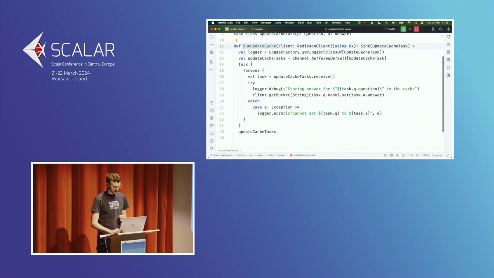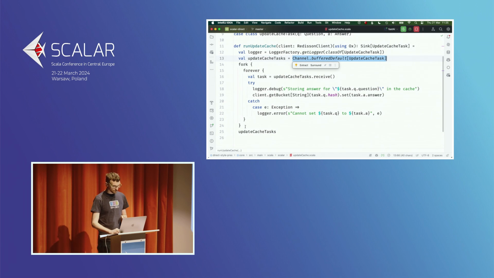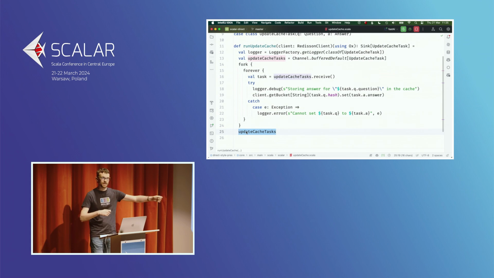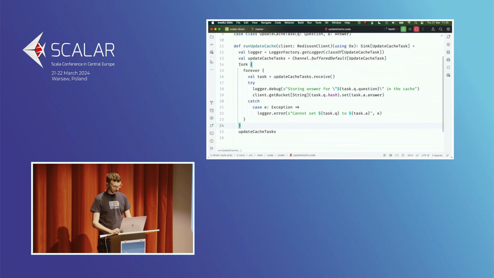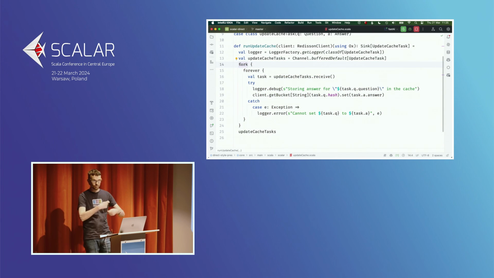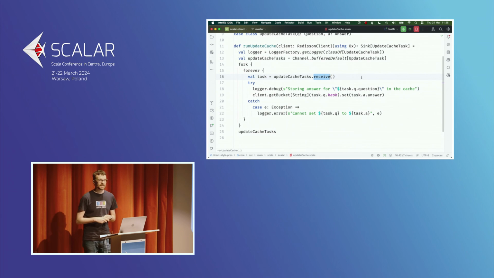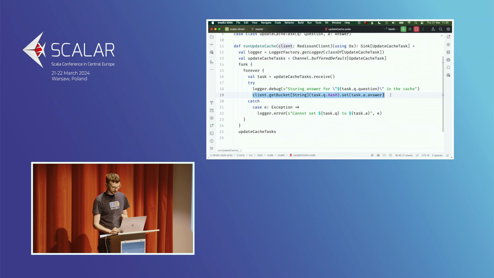So we've got the run update cache, and what it does is it creates the channel that I've been talking about. So that's our queue of cache update requests, and we are going to return that to the client, and then it's going to be passed over to the endpoint. But it also has a side effect of starting a concurrently running computation, so a fork. So this will start a new virtual thread, which will do some computations, and it will run forever. It will receive a single task from our update cache tasks queue. And what we will do is we will update